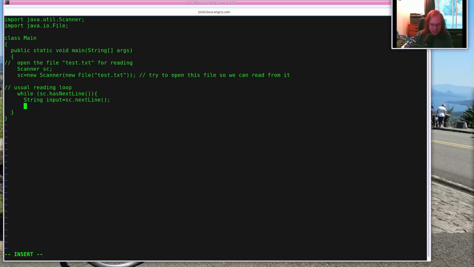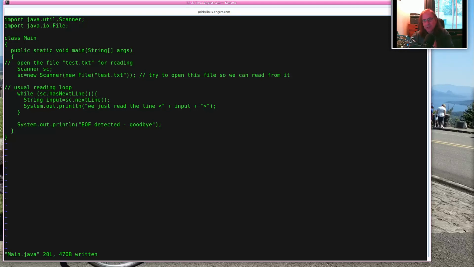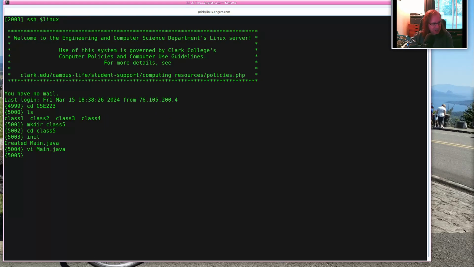And then we'll just go ahead and print out what we just read. So we'll just print out input with delimiters around it. So we just read the line such and such. And then when we're done, we'll just print out a message saying we hit the end of the file. And so this is a good start, but when we try to compile it,